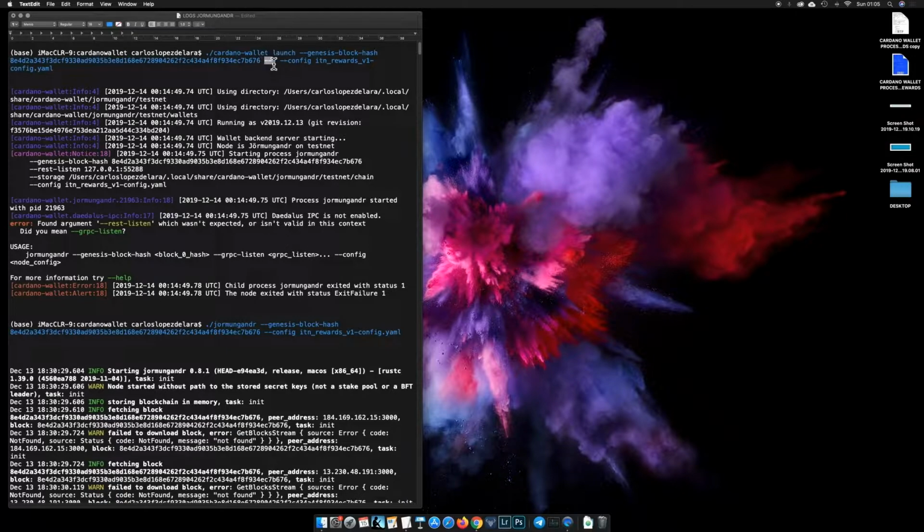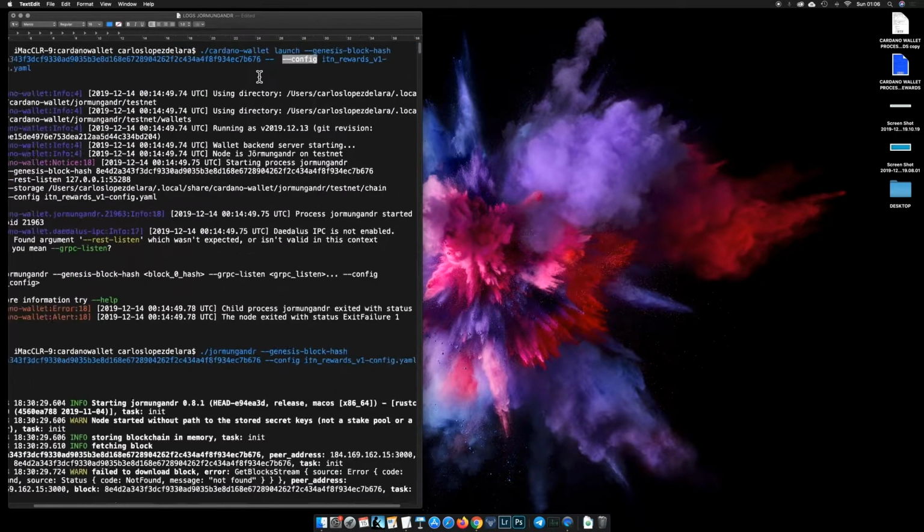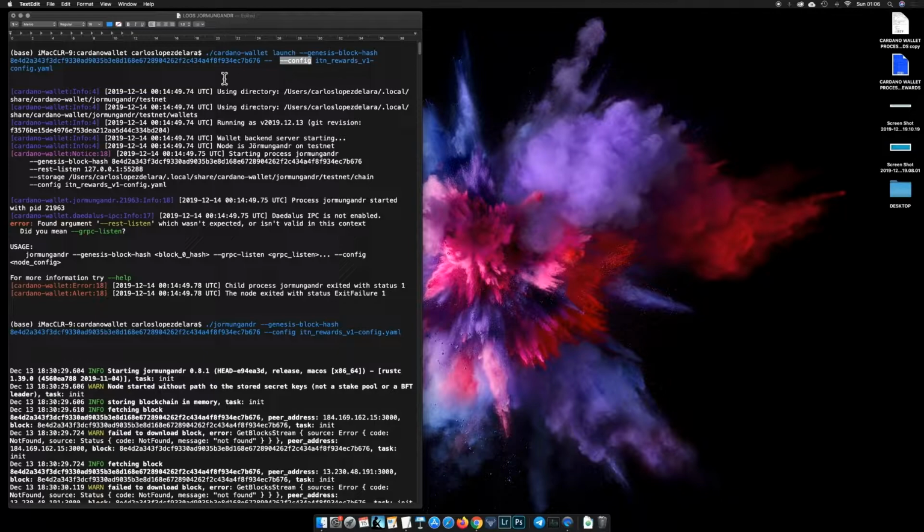This dash here, followed by this dash config, means that we are passing these parameters to Jormungandr, because when you start Cardano wallet, it immediately and automatically starts Jormungandr for you. So this is the recommended process, but I immediately got an error, and this error was that found argument was listened, which was unexpected or isn't valid in this context. I spent a few minutes, more than I wanted,